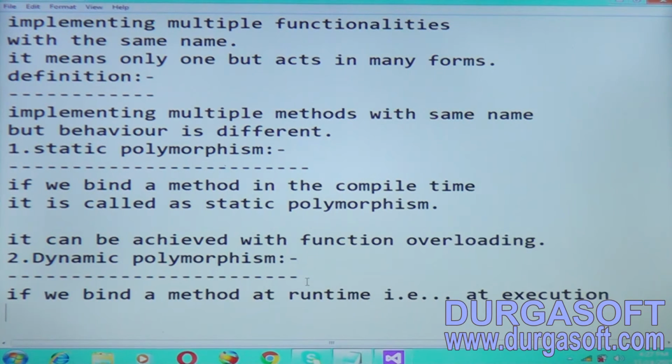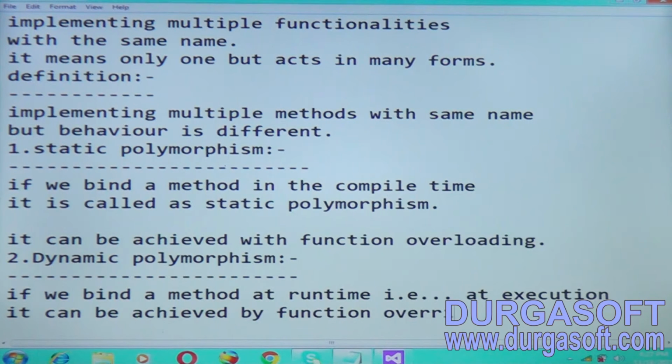This is called dynamic polymorphism. Runtime polymorphism can be achieved by function overriding. We will see what function overloading and function overriding are.